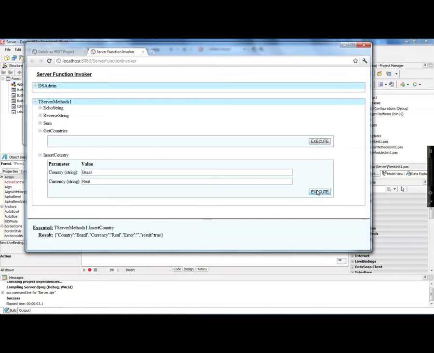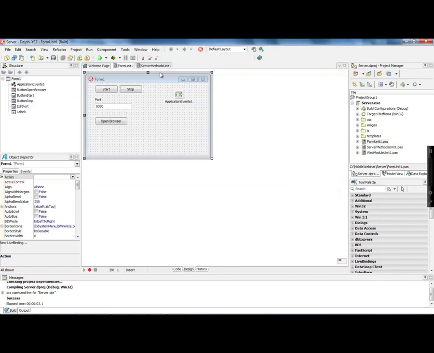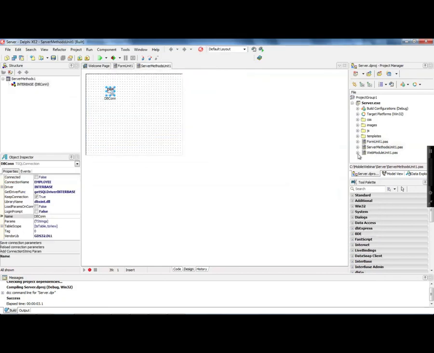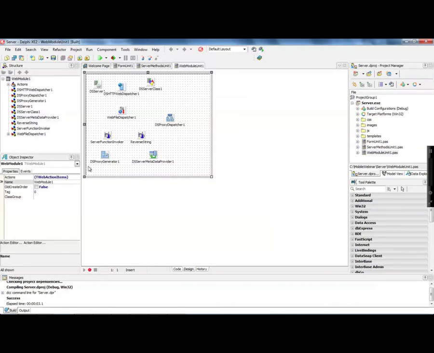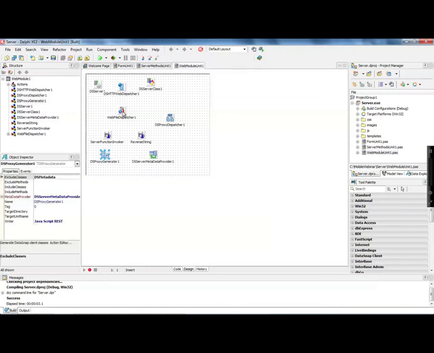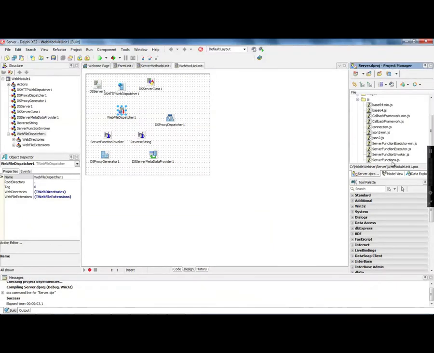In case I try to execute again, I'm going to get a primary key violation because I already have Brazil on this table. So you don't need to create any kind of client application. You just need to implement the method you have, execute the server, and all of the page is going to be updated automatically because this server is using the proxy generator component, which updated the proxy class in JavaScript,